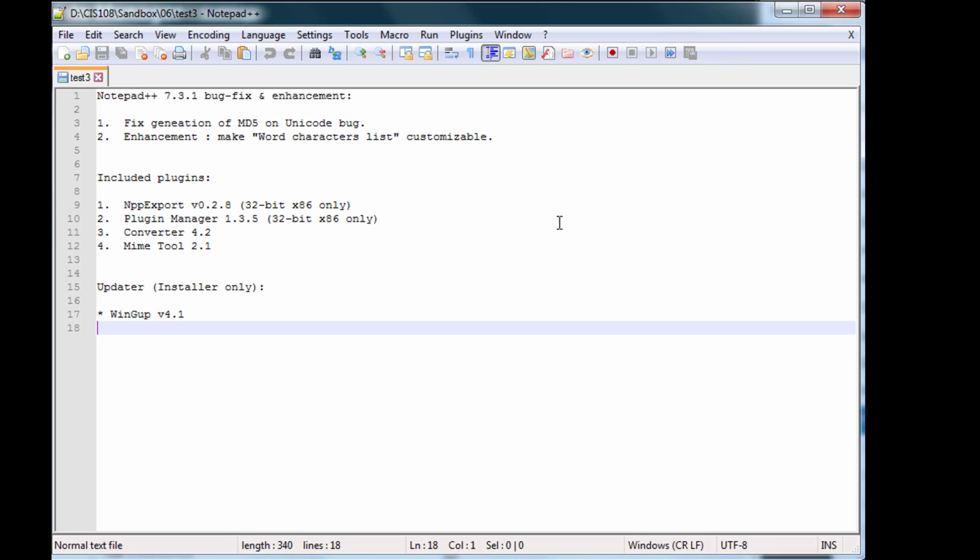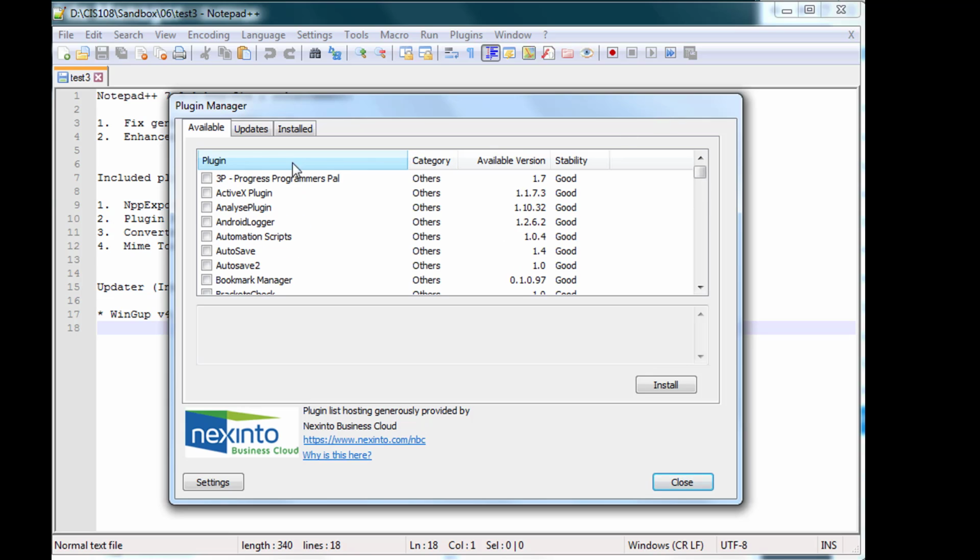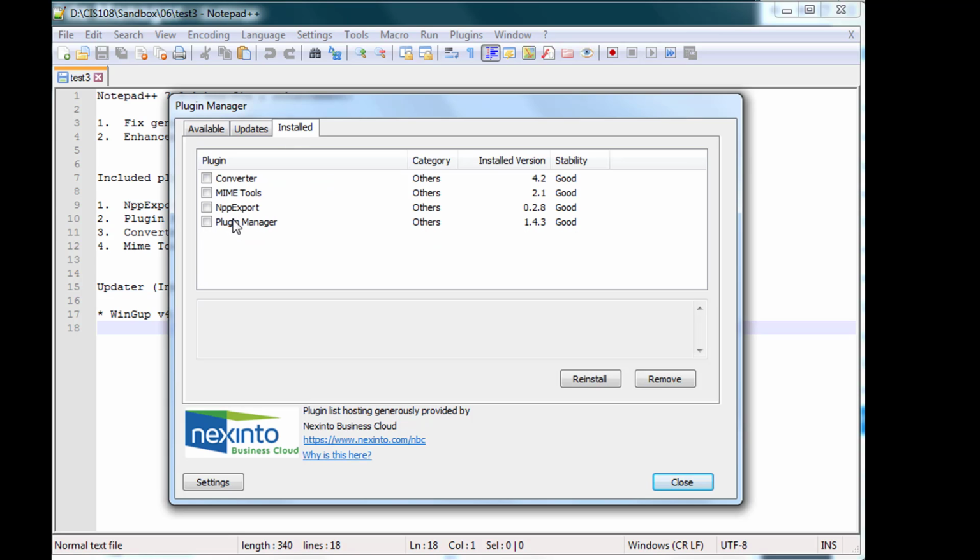Now the first step is to install an NppFTP plugin. It's very important that we have this plugin. Without it, we can't transfer files from your computer to the internet. Click on the Plugin drop-down menu, select Plugin Manager, go to Show Plugin Manager, and you'll notice that we have three tabs: Available, Updates, and Installed. If we look at Installed, we do not have the